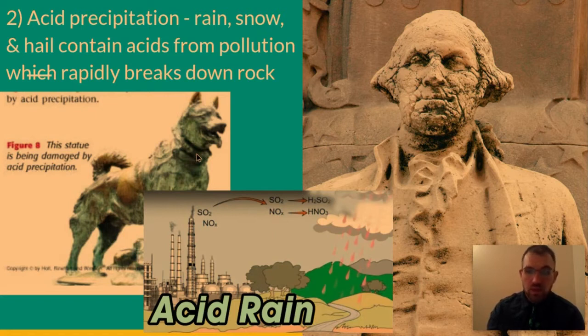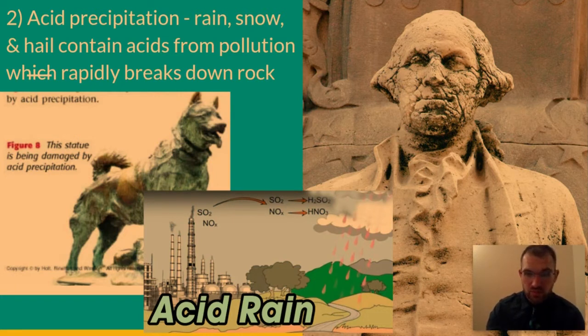rock. Now, when I was younger and I heard acid rain, I imagined that it was literally like yellow acid that fell from the sky and it landed on you and it burned you and you screamed and it was horrible. That's not what acid precipitation is. Water has a certain level of acidity to it anyway, right? Just like vinegar has a level of acidity to it. So obviously vinegar is more acidic than water, but different types of water are going to have more types of acid